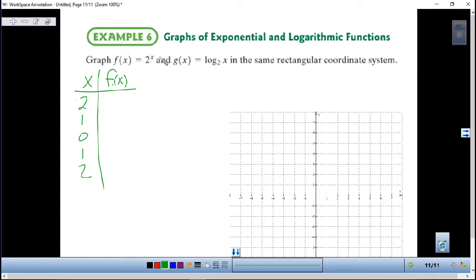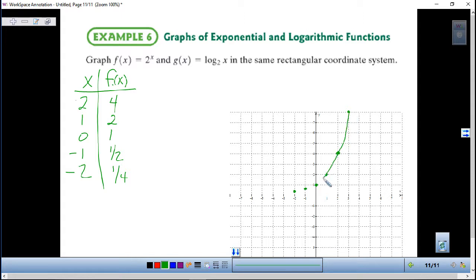So for f of x, it's 2 to the x, so 2 to the second power gives me 4. 2 to the first power gives me 2. 2 to the 0 power gives me 1. 2 to the negative 1 power gives me 1/2. And 2 to the negative 2 power gives me 1/4. So when I plot these points, 0, 1, negative 1, 1/2, negative 2, 1/4, 1, 2, 2, 4, and of course 3, like we did before, it's going to be up there at 8. So when I graph this,